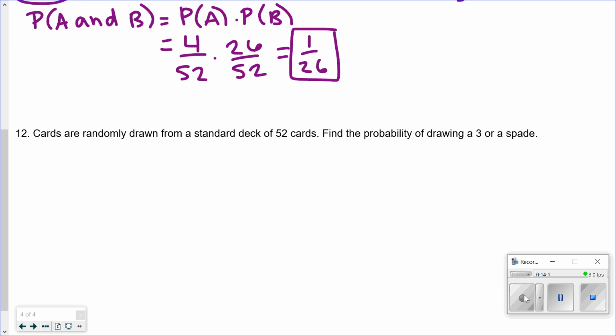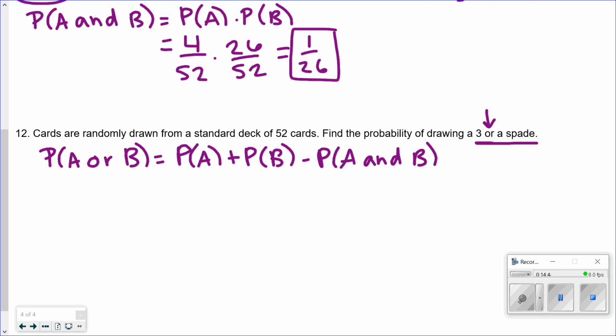And finally, number 12, cards are randomly drawn from a standard deck of 52 cards. Find the probability of drawing a 3 or a spade. So or is our key word here, so we need to use our or equation. But first, there are 2 equations for or, and we have to decide, is there an intersection between these 2 cards? Can I pull out a card and it be both a 3 and a spade at the same time? And we can. There is a 3 of spades. So I have to use